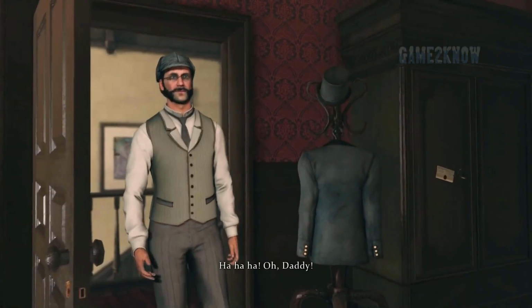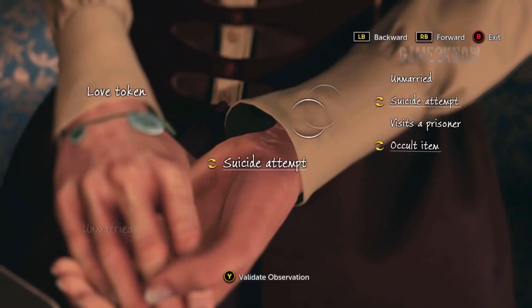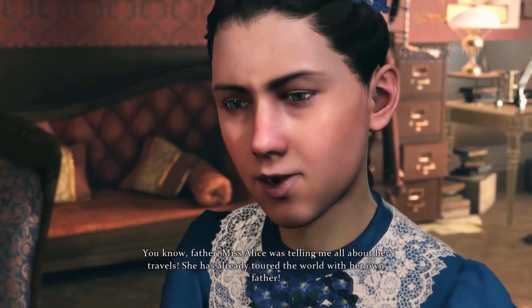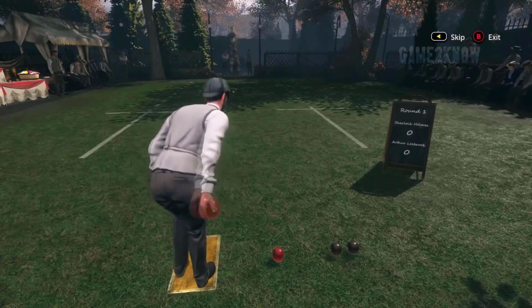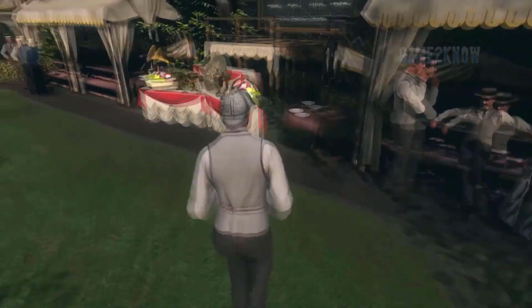When Sherlock returns to his home, his daughter Caitlin is chatting with his neighbor Mr. Bouvier, who Sherlock finds through her scars on the wrist used to have the intention to suicide. Mr. Bouvier proposes to let Caitlin practice piano in her room, but Sherlock refuses. Then he attends a bowling club to compete in its final tournament, the prize of which is a Mayan calendar